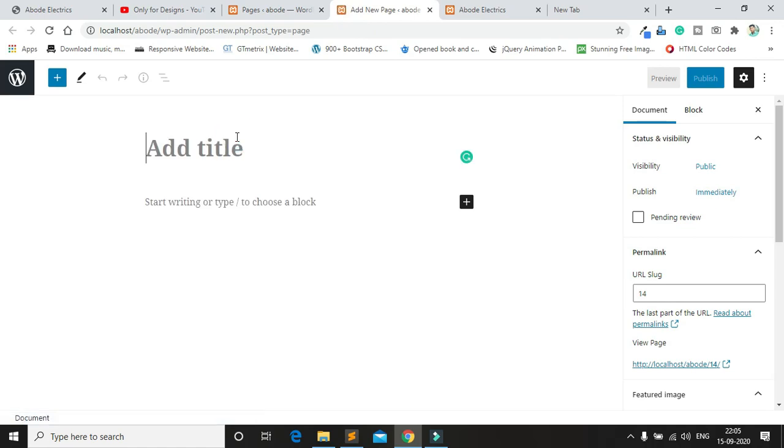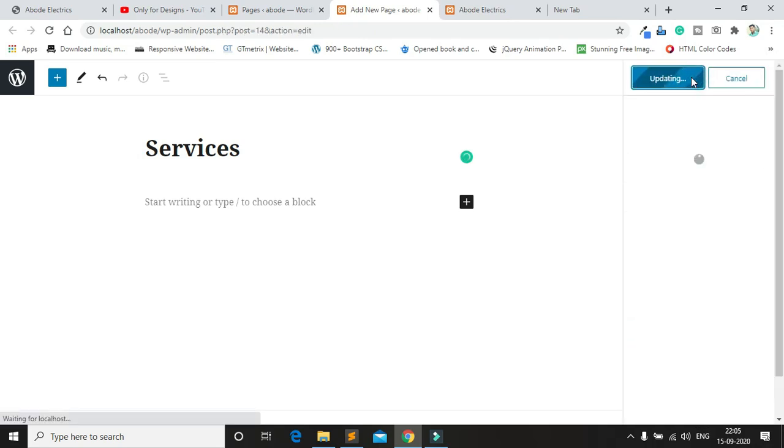Okay, then services. I don't have any services page. I have only a single service page, so I just leave it as the default page.